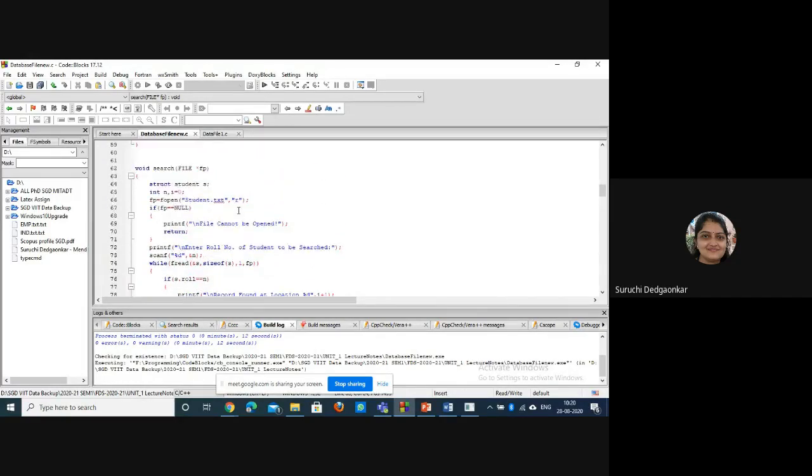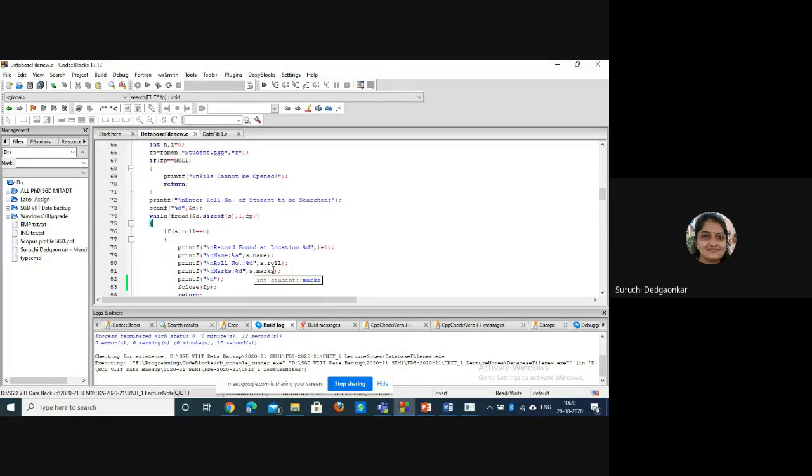In modification also the similar thing will happen. Searching will be done in the same way. Okay, so this part will be the same in modification also, and whenever a match is found, see, if you are getting the location from the search function, if we are finding the location number, the position, you can return that position also, saying the record is present at this position.